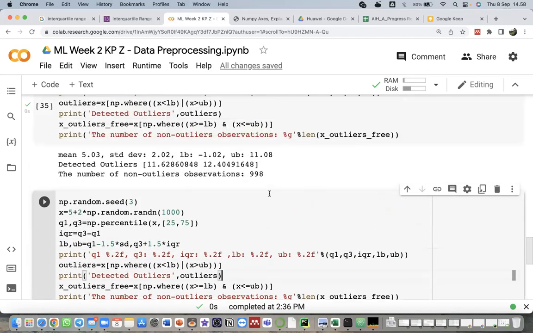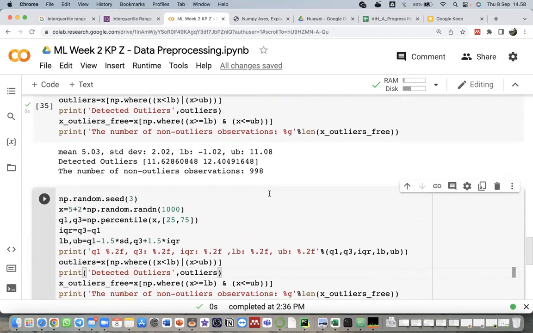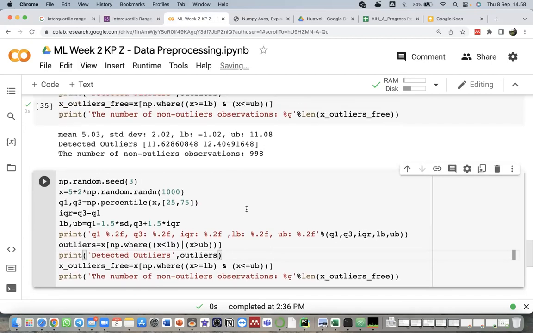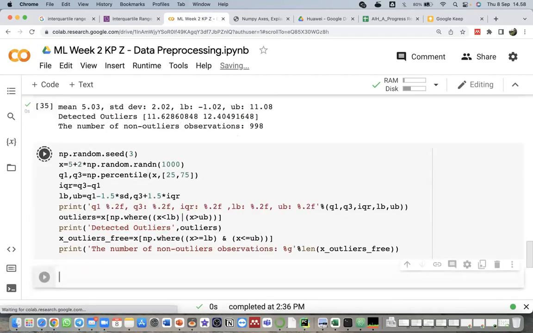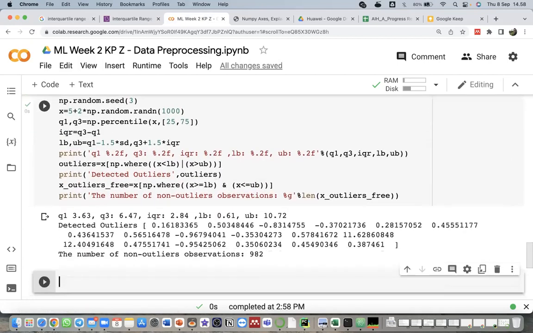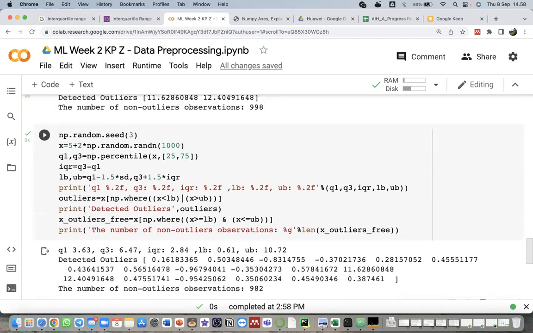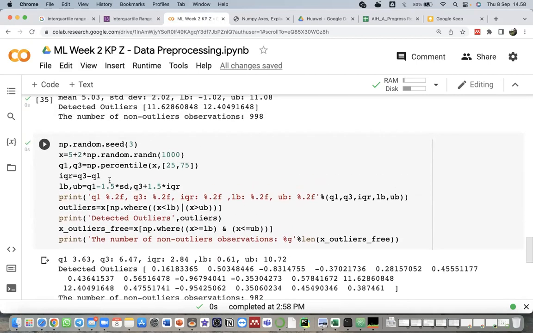We can compare the standard deviation method and the interquartile method for detecting outliers. We use the same data. So let's execute this one with Q3 and Q1.